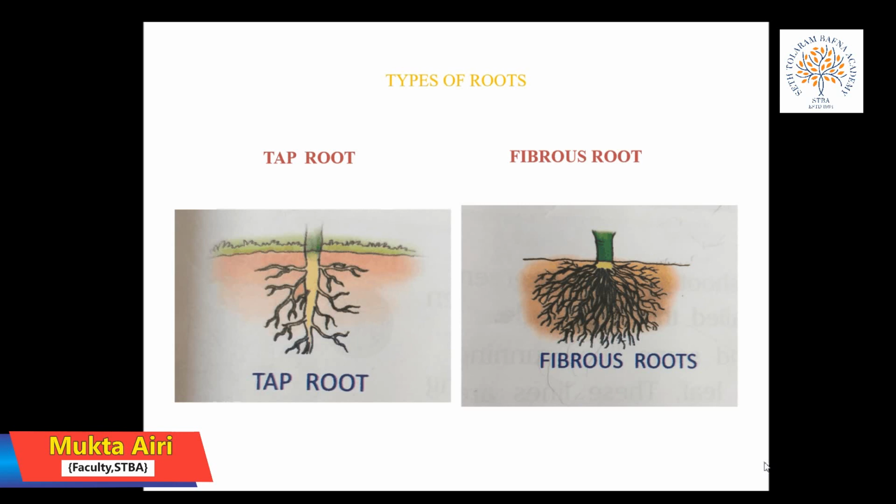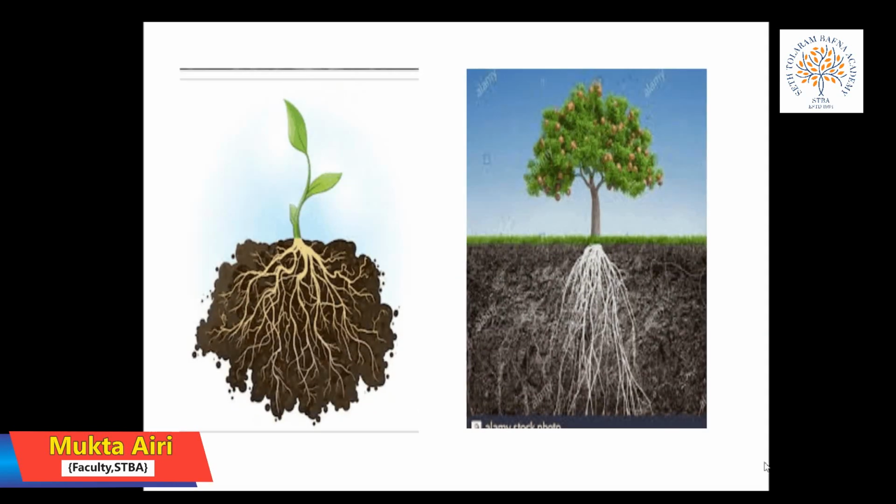Now let us see the functions of the root. Roots hold the plant firmly in the soil, whether they are the hairy roots of a grass or the thick roots of some trees. Roots hold soil and prevent it from being washed away by water and wind. Plants prepare their own food with the help of water, minerals and salt from the ground. It is the root that absorbs water and minerals in the soil and passes them to the stem. The stem carries them to the leaf.